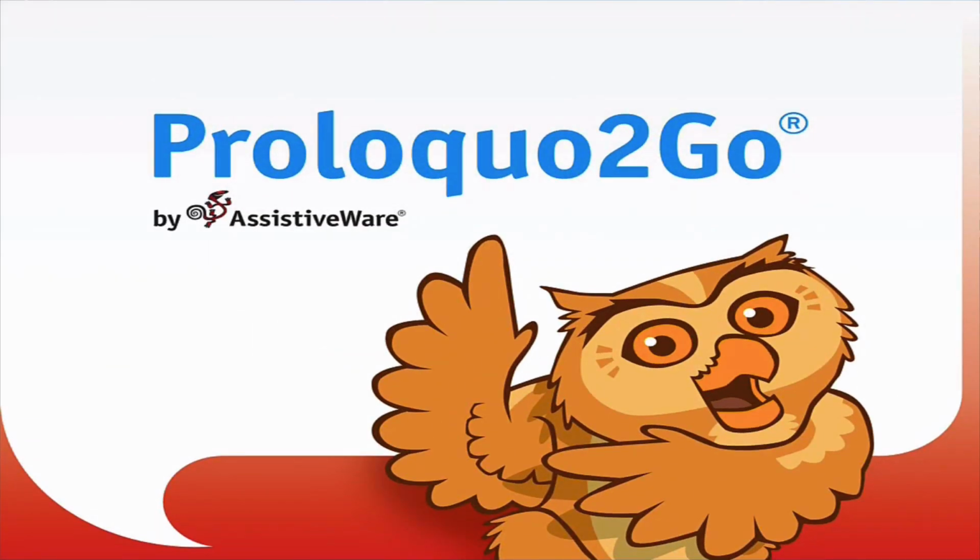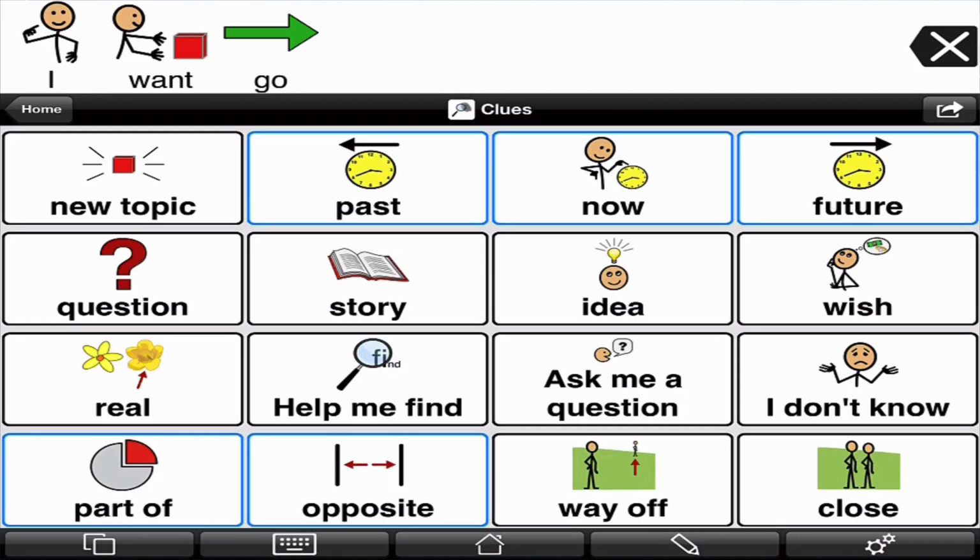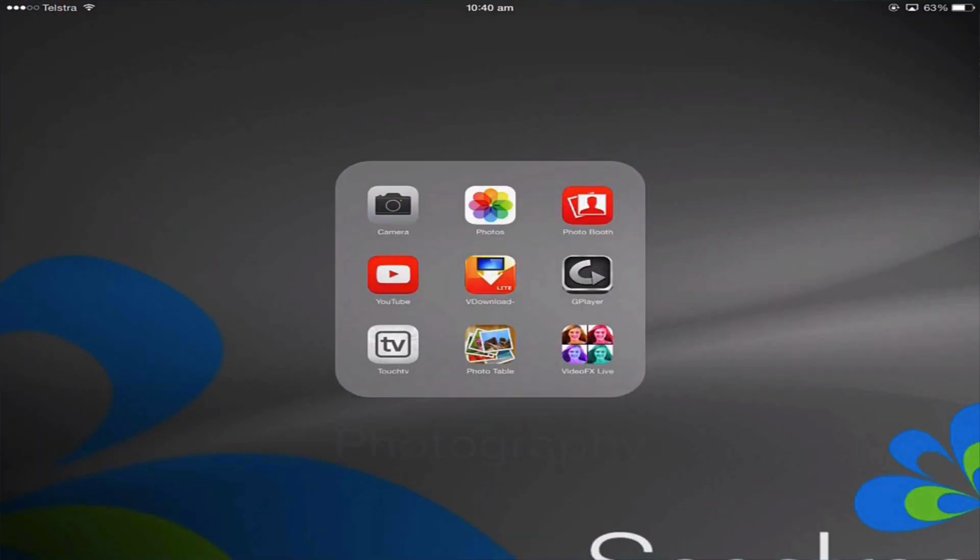If I wanted to take a screenshot of my page set to show somebody my page set, I can simply hold the home button, so that's the round button as I showed you in the hardware section, and also the sleep/wake button, the one up in the top right corner of the device. Hold both of those down at the same time, and you may have heard that little camera noise, and what that does is save the screenshot directly into my camera roll. So now if I go into my camera roll,